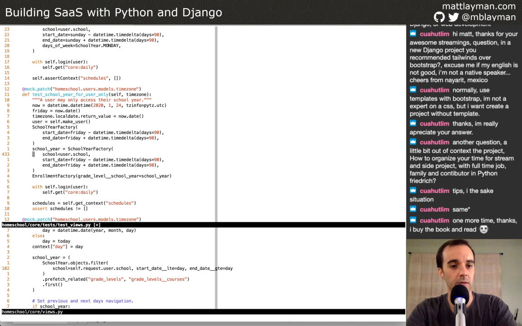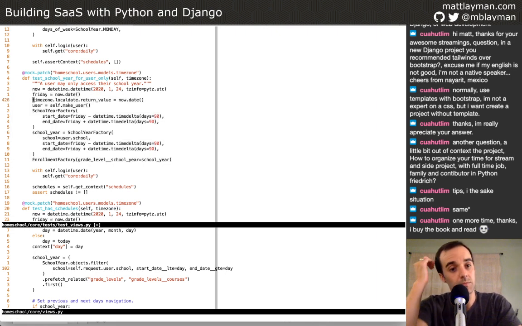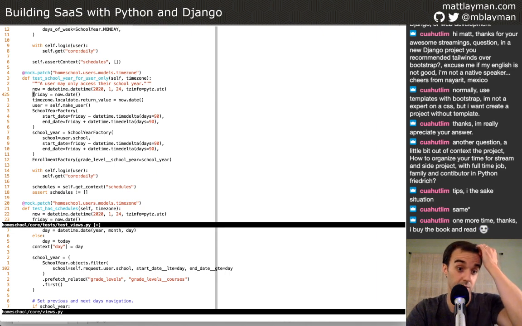And I think there would be another nice benefit: when I first came to this test, it was hard to even see which parts of the test setup, which is what this top section is, was doing. So how can we make this better? We can say, we can build a date, and